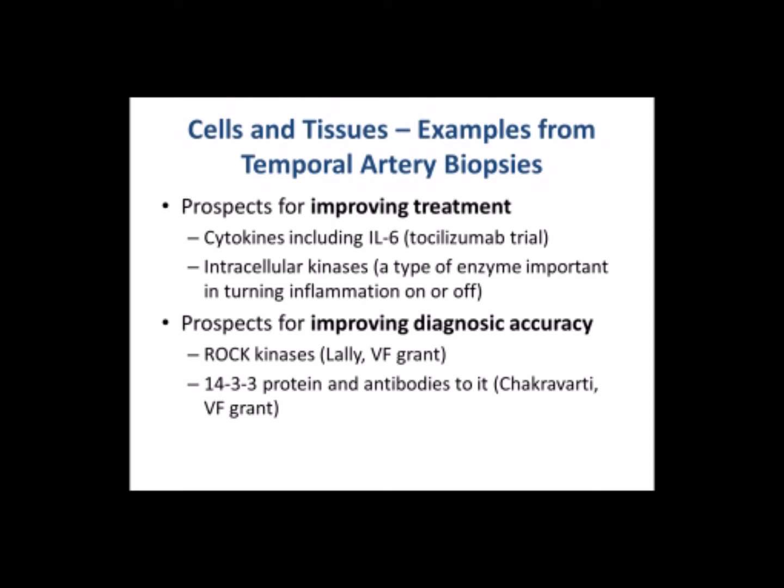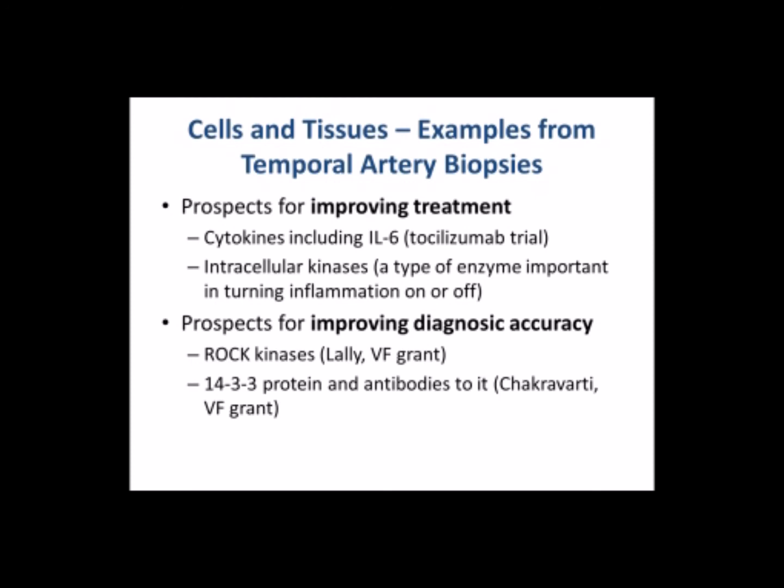There is also a big need for improving the diagnostic accuracy of temporal artery biopsies. We know that they're not perfect. How imperfect they are is a matter of argument. There are a lot of people who would say that we only catch two-thirds of temporal arteritis or giant cell arteritis with the biopsies, because I know this patient has disease. Other people would say, well, you're treating people who don't actually have GCA. So we really need better ways to look at the temporal artery.